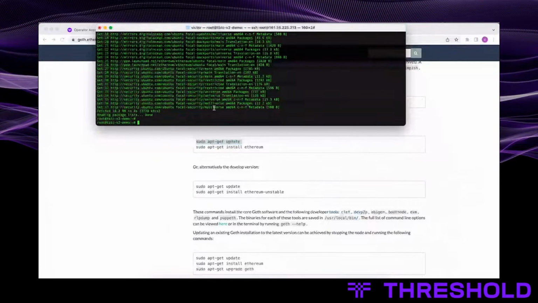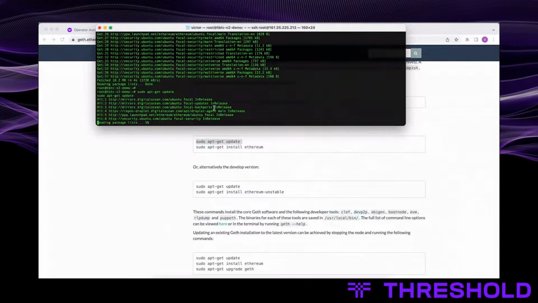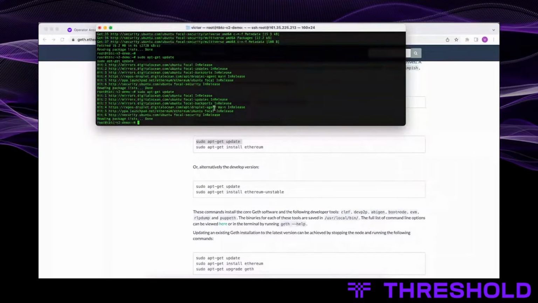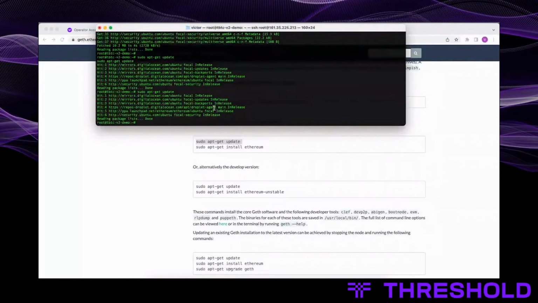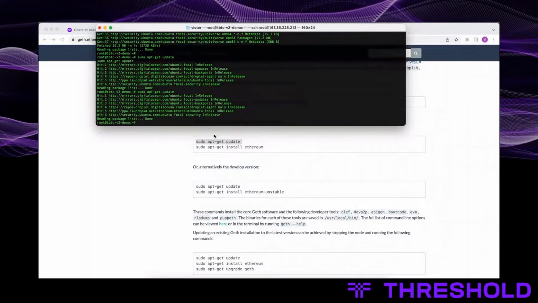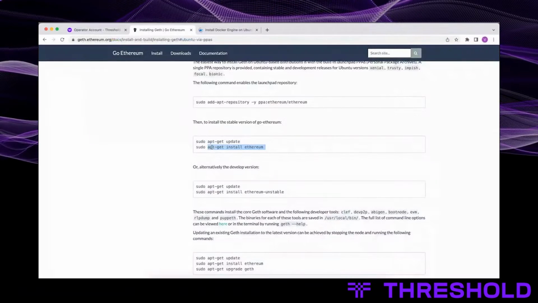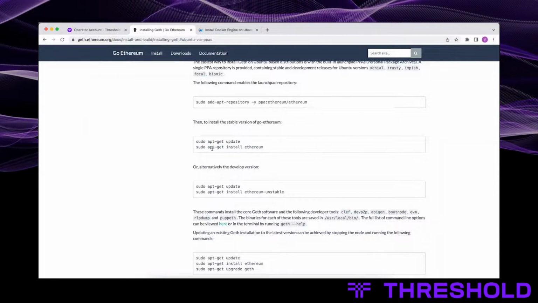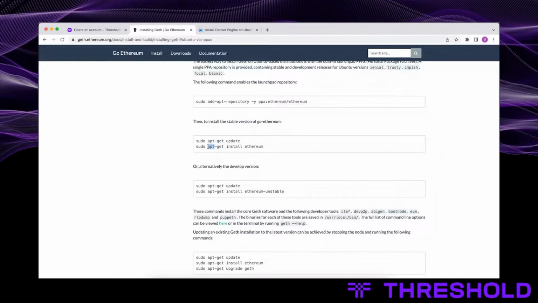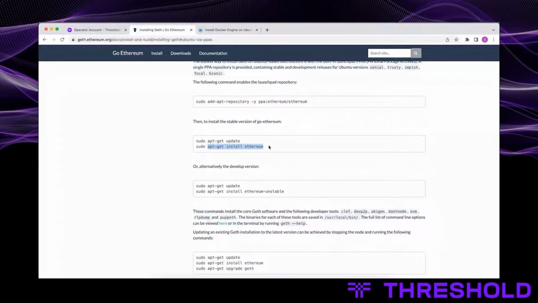So Victor, if you've installed geth in the past, will this command just get the latest version and overwrite a previous version that you might have installed? Yes, it should. If you have geth installed already, you probably won't need any of this. And I should point out, I wouldn't recommend running it as root.